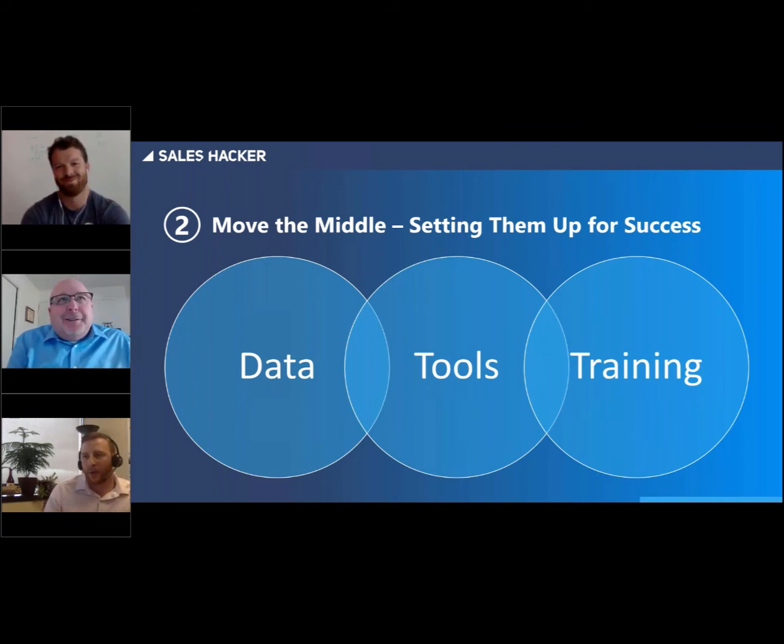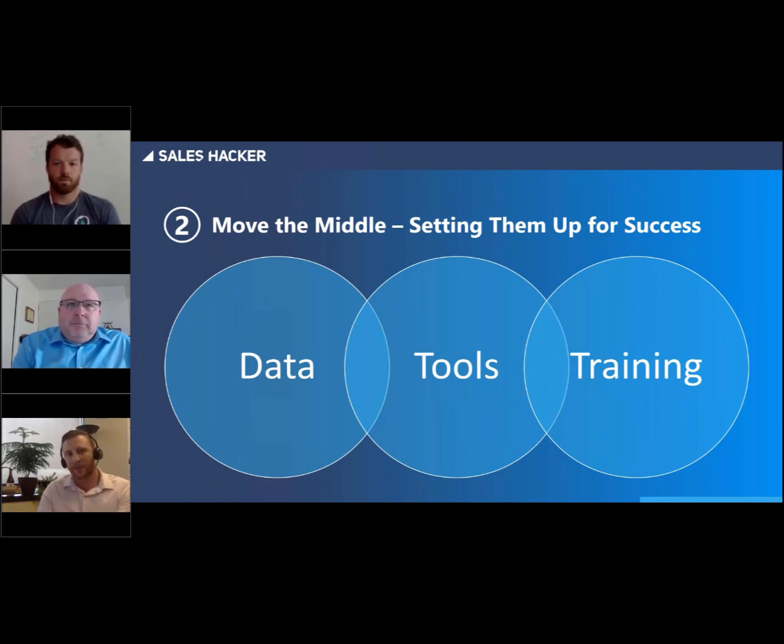Yeah, so we have one we use for the SDR, and it breaks down the anatomy of a call. So it's the introduction, right? Like, hey, did you say how have you been? That was a recent article that came out from Gong, which I love, changing the old "am I catching you at a bad time" to "how have you been?" I love that. But it's the introduction, the pitch, the objection handling, the pivot, and the next steps. Having these very regimented pieces of a call, and then you're scoring accordingly